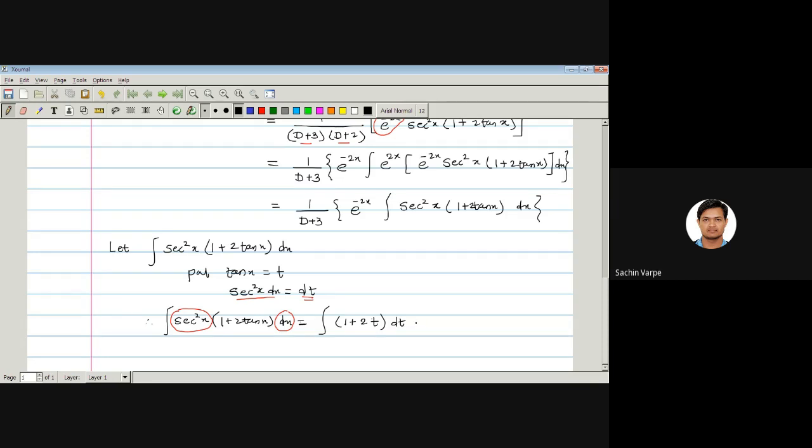So how much is it? It is equal to t plus t square, am I right? Yes, t plus t square. So let us substitute the value of t, that is tan x plus tan square x. So this is the value of the integration. Let us substitute it into the last step, and hence the particular integral is,